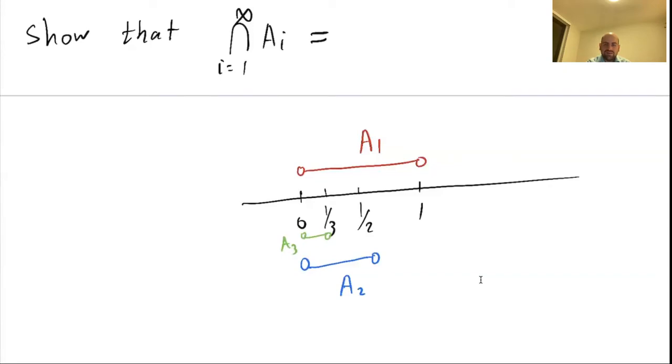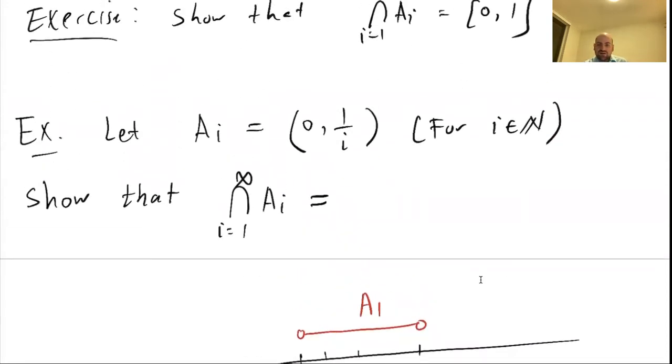The answer is nothing, because the sets get smaller and smaller in each step. You could say, or maybe guess, well, 0 will be left for me, because 0 and no positive number will become less than 0 or even equal to 0. But the thing is, 0 is not included in any of the sets, because all the sets are open intervals